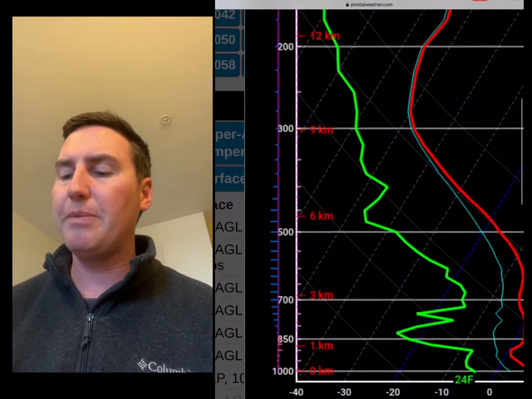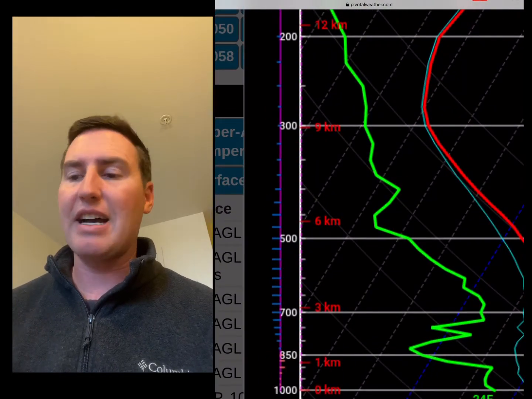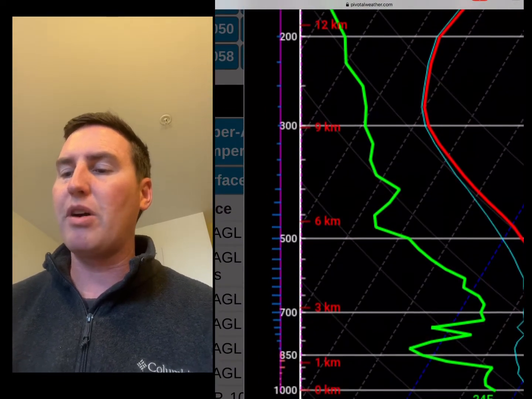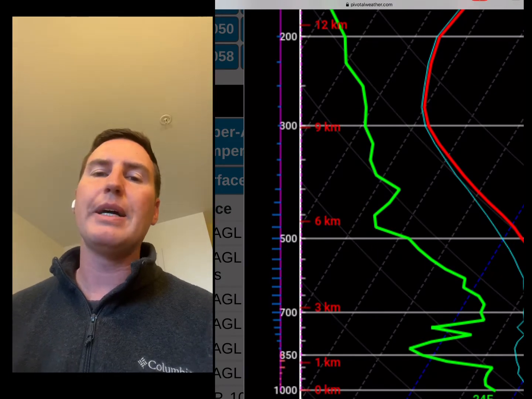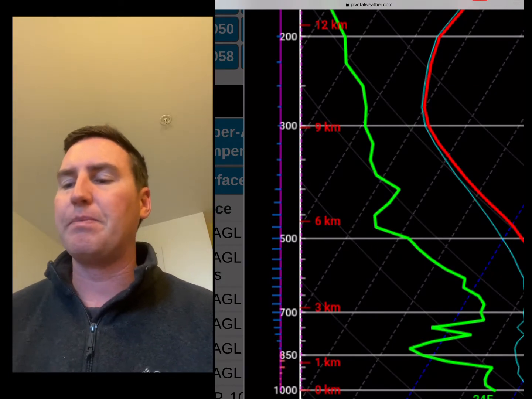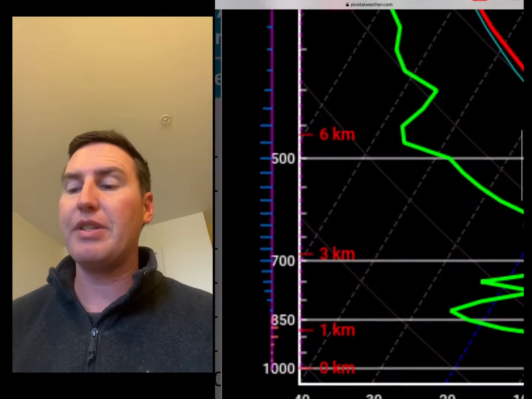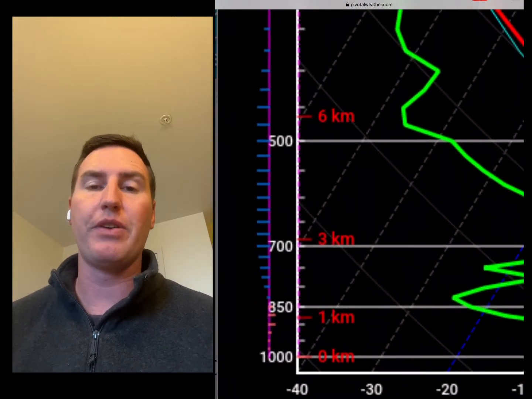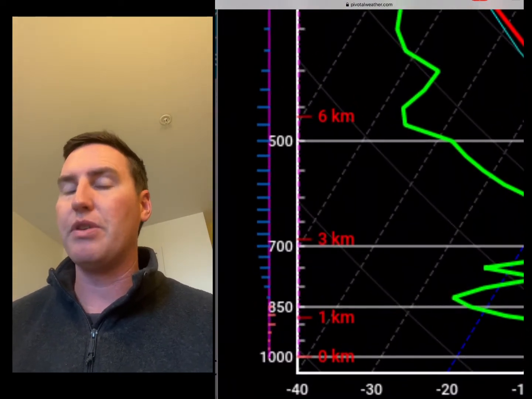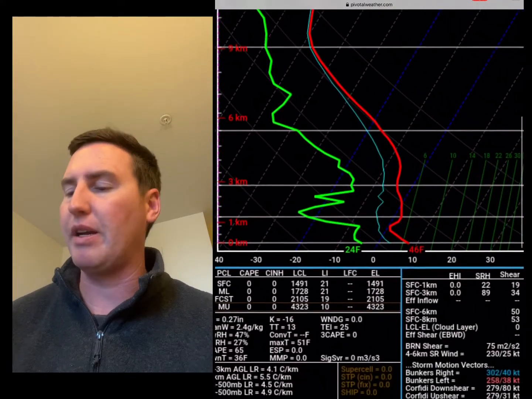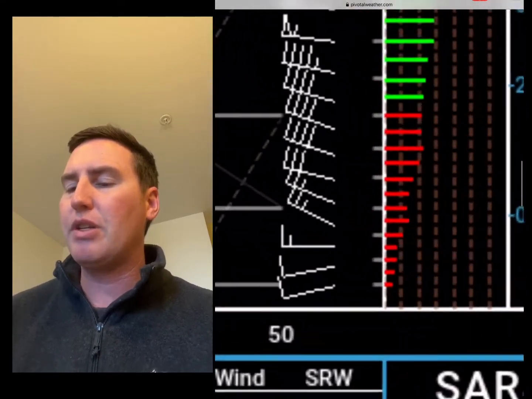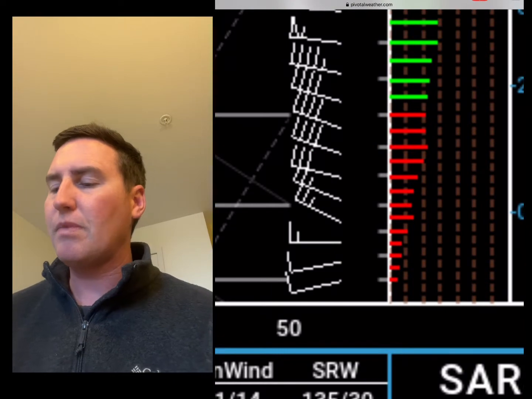As we go up here, 500 is around 18,000 feet, the 300 millibar is around 30,000 feet. And again, you can see the kilometers there, so you could convert that over to feet with a calculator if you need to. So coming back over here,